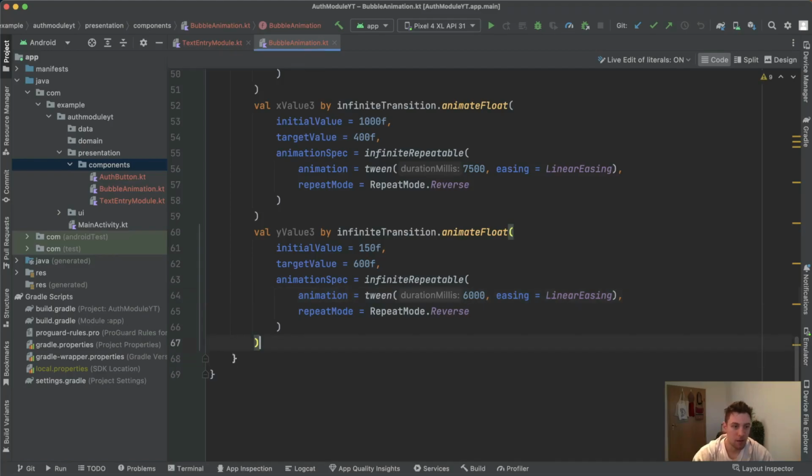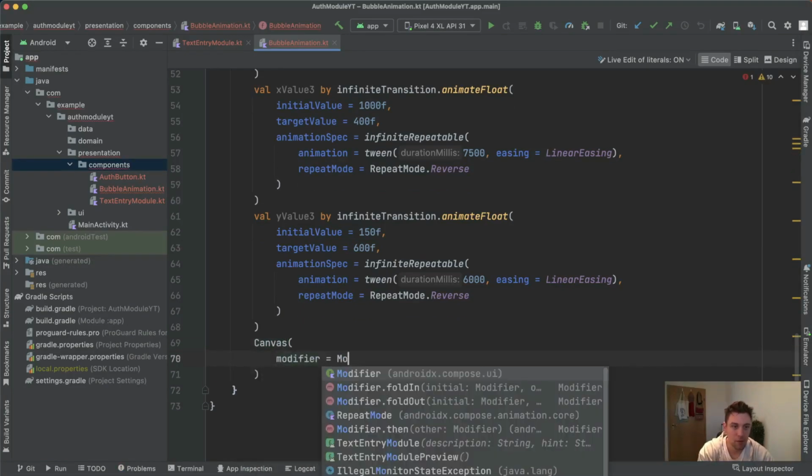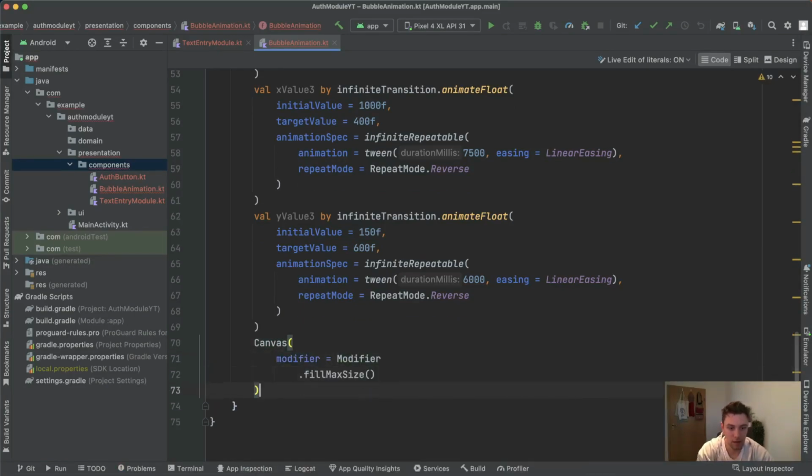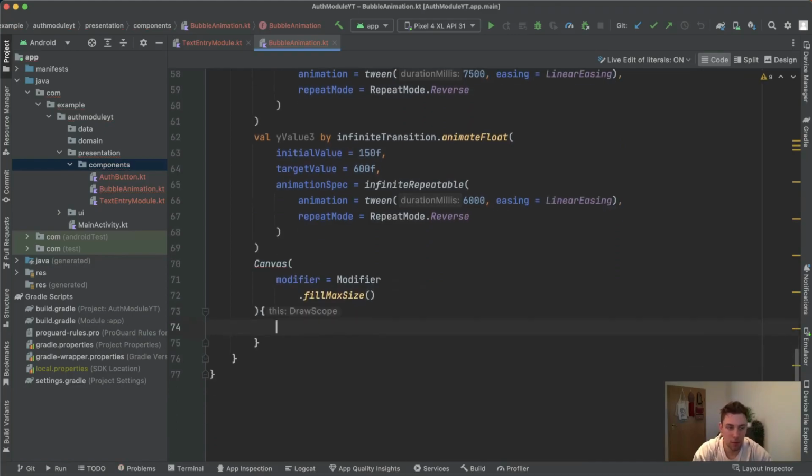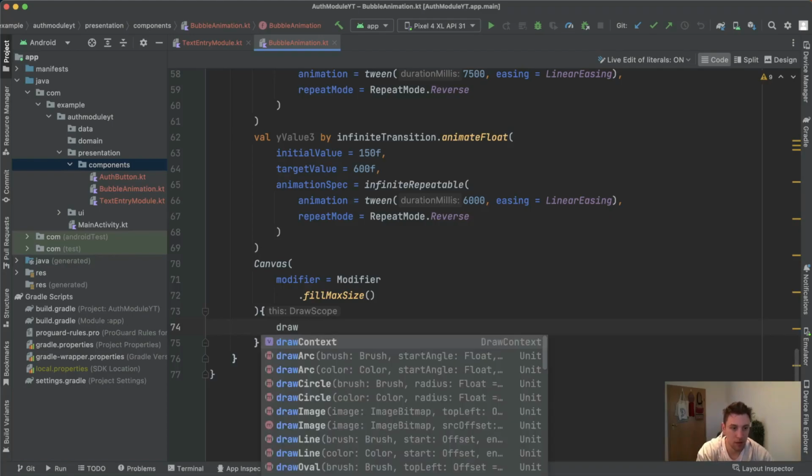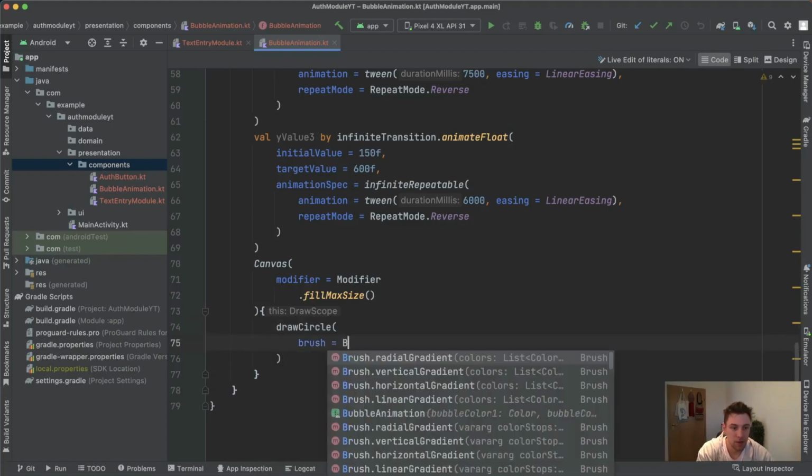Then we can make use of a canvas. For the modifier, we will pass modifier.fillMaxSize, so the canvas will expand to the box size. And then we can draw our circles. Here we will say draw circle. For the brush, we will say